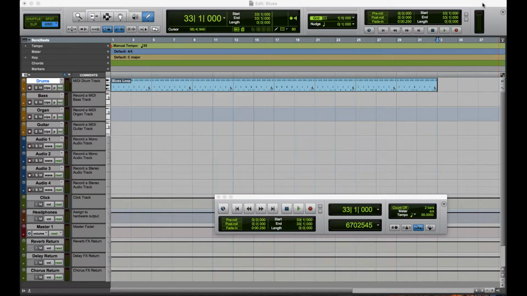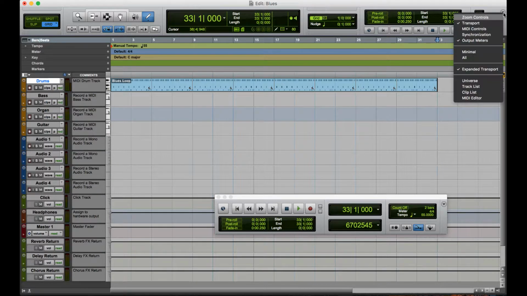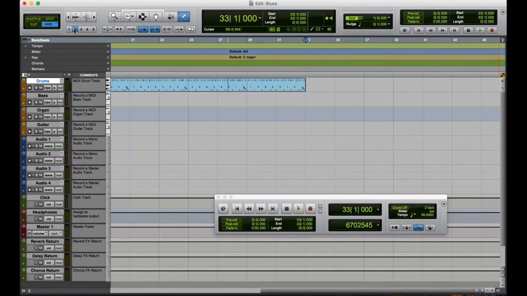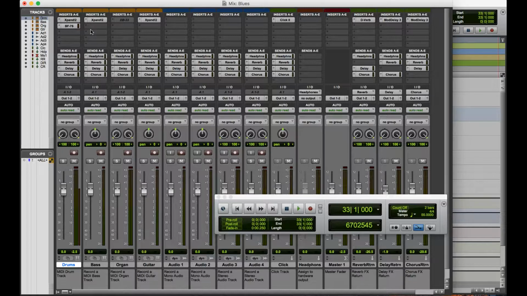And because of my screen resolution, some of the tools that otherwise would load up as default are missing, but I can modify this control bar just by going over here and then clicking. So let's say I want my zoom tools, click, and it squeezes them in down here, so it's just shuffled everything along a bit. And here are my zoom tools, so I can zoom in on waveforms, and I can have presets as I wish. If I then just go into the mixer window, we've got